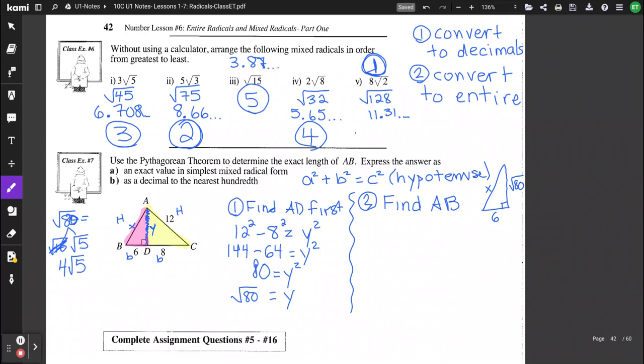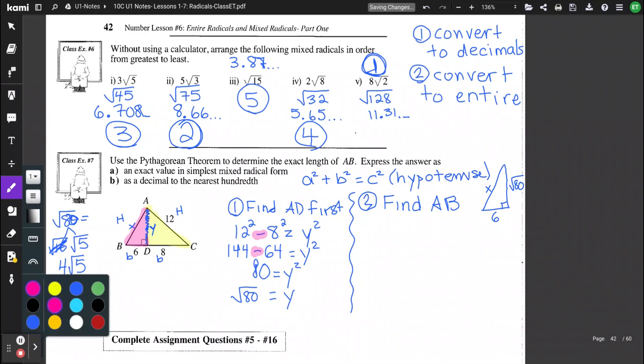So now we've got to do our a squared plus b squared again. This time we're finding alongside the hypotenuse, so we're going to add them instead of subtract them. You're going to notice over on the left-hand side, we subtracted on purpose because we were given the long side. When we're not given the long side, we add. So we're going to have square root 80 squared plus 6